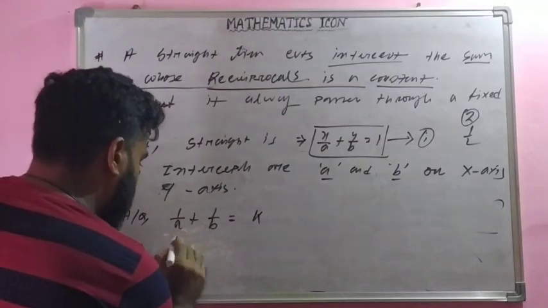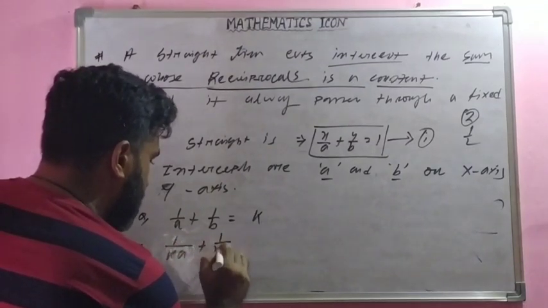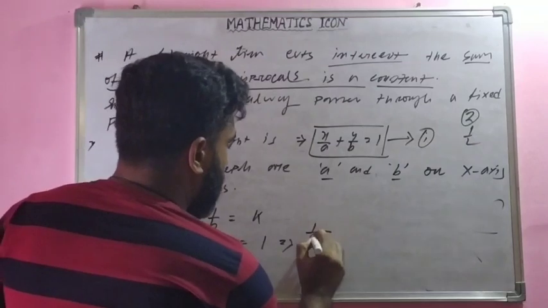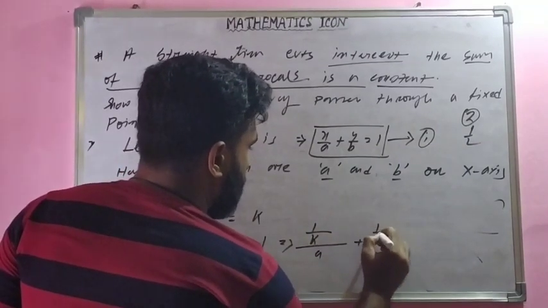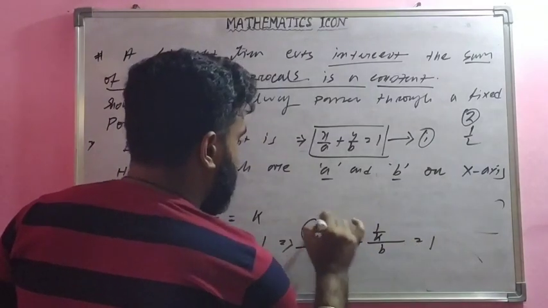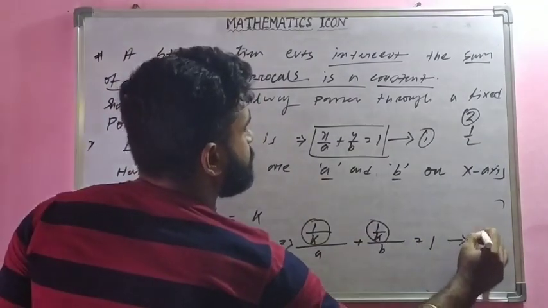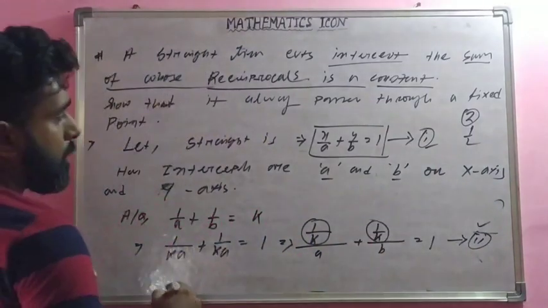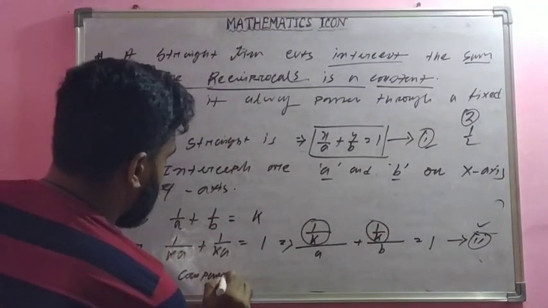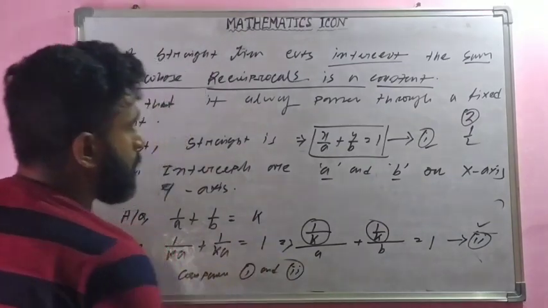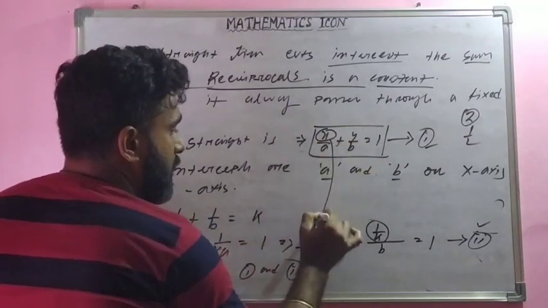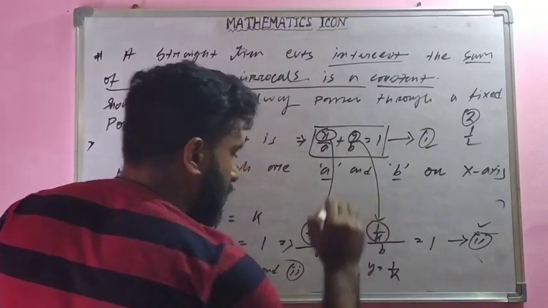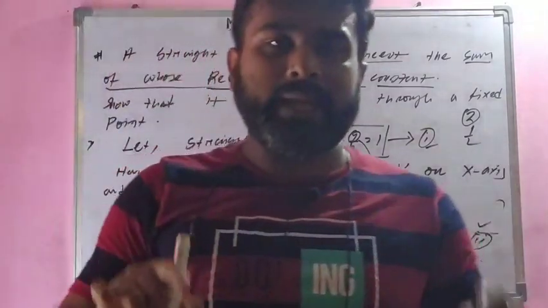अच्छा, सो देखो तो k को अगर मैं नीचे लाऊं, ऐसे लिख सकते हैं कि नहीं? इसको ठीक तरह से लिखो, 1/k होल बाई a प्लस 1/k होल बाई b इक्वल्स टू 1। इसको इक्वेशन नंबर 2 दे दो। ठीक है, अब इक्वेशन नंबर 1 और इक्वेशन नंबर 2 को अगर मैं कंपेयर करूं, तो x इक्वल्स टू क्या आ रहा है, y इक्वल्स टू क्या आ रहा है? x इक्वल्स टू 1/k, y इक्वल्स टू 1/k।